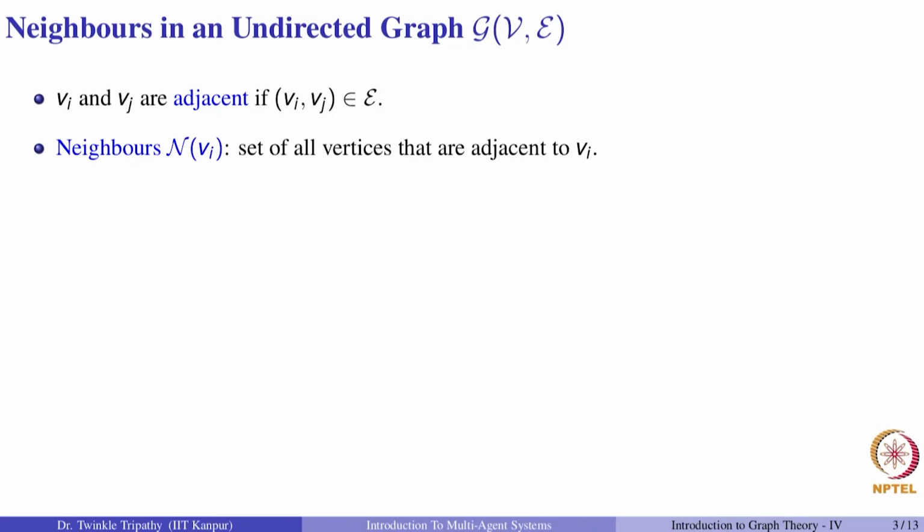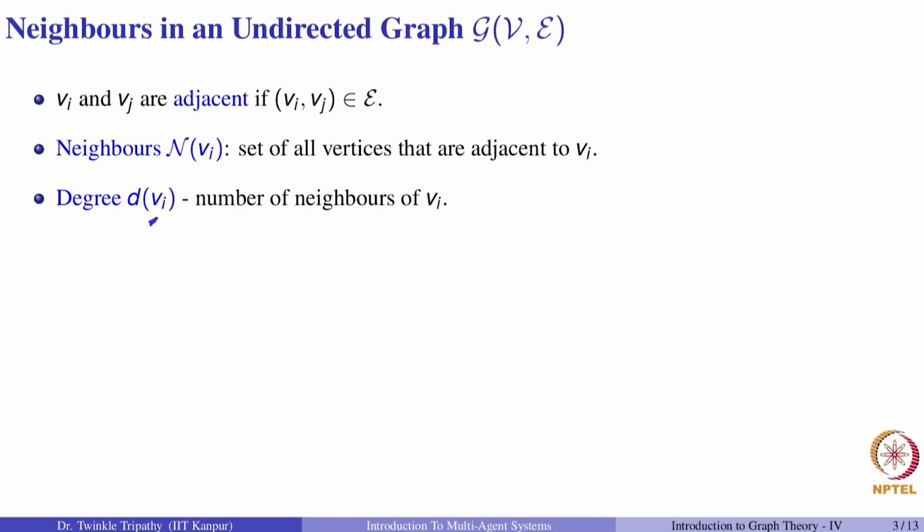Then, for every vertex Vi, we define a neighborhood or a set of neighbors N of Vi. So, what is N of Vi? It is simply the set of all of the vertices that Vi is adjacent to. Note that here we are starting our discussion on undirected graphs. Some of these notions will change slightly when we move to directed graphs. The next attribute is that of a degree associated with a vertex Vi, and it simply refers to the number of neighbors that Vi has.